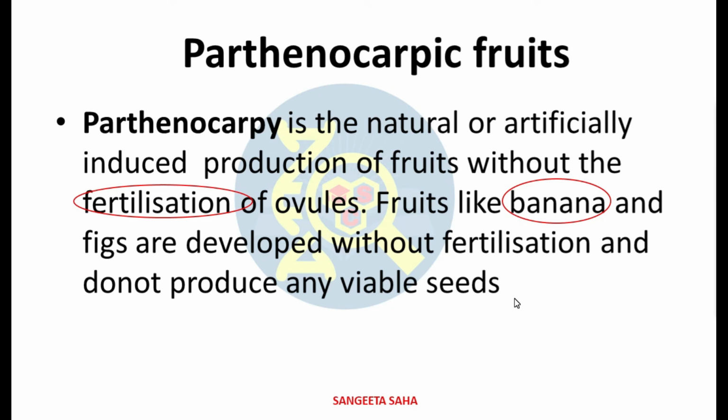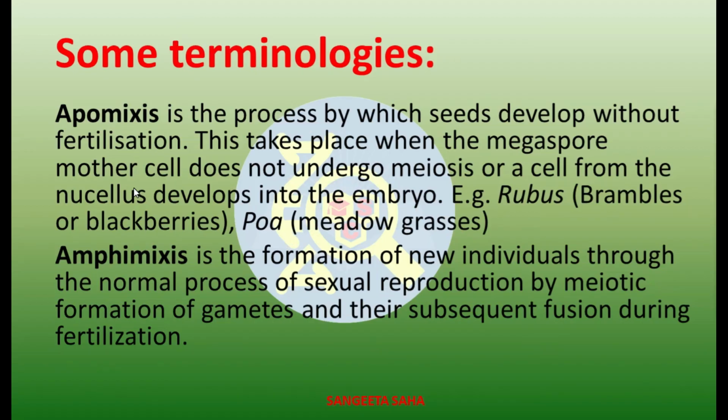And nowadays scientists are doing research on developing parthenocarpic fruits. As we all know, original grapes, if we study, they have seeds. But now we have developed grapes without any seed, that is they are basically seedless. Scientists are also trying to develop other fruits by the same process, and the research is going on. The important terminologies which you need to know, first is apomixis. What is apomixis? It is an asexual seed formation,